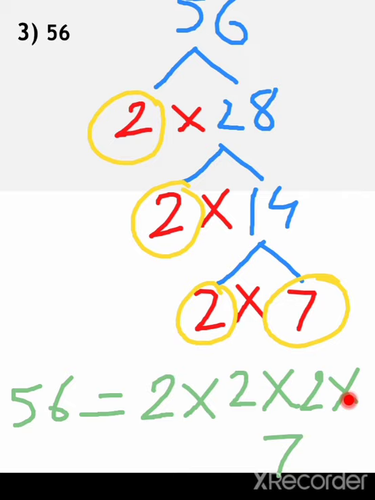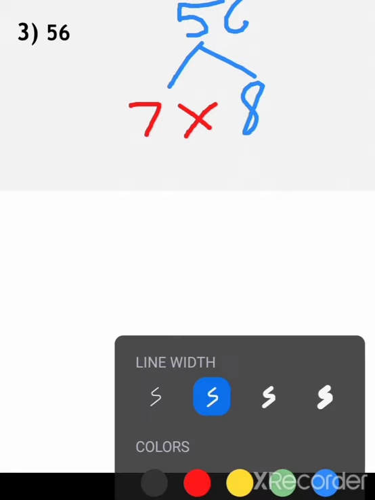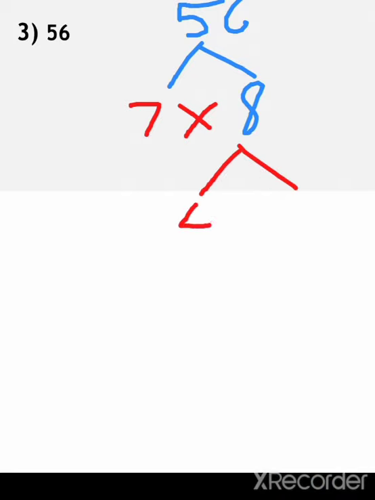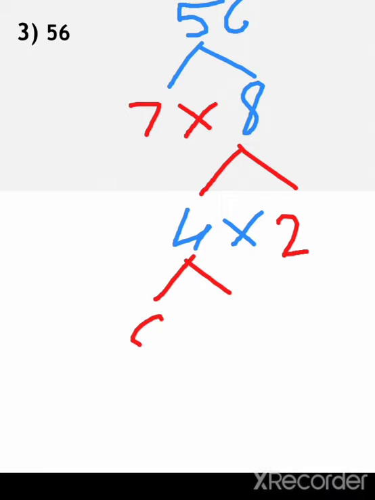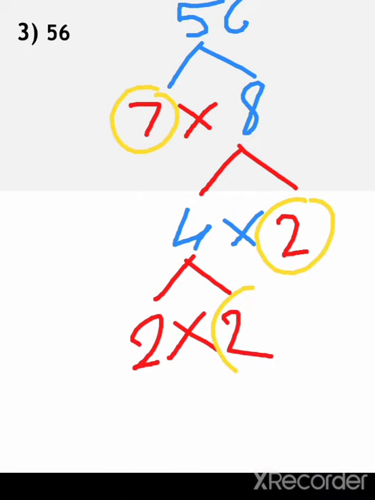Similarly, you can find the factors of 56 by 7 8s are 56. This way also you can go ahead. I'll show you how. See here. 56, I can write 7 8s are 56. Then I can divide this 8 as 4 2s are 8, right? Then I can divide this 4 as 2 2s are 4. So again I will get the same factors, 1 7 and 3 times 2.